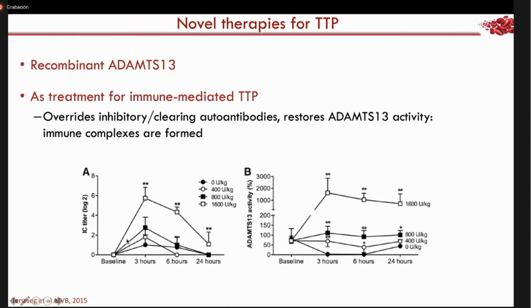You can see here the recombinant ADAMTS13 that is injected, the open square, that forms immune complexes. Here you see the immune complex titer. It forms indeed immune complexes with antibodies that were injected in the rat, as expected. But if you look at the right-hand graph, you see that with the high amounts of ADAMTS13 we inject, there is still enough ADAMTS13 present to have a high ADAMTS13 activity in these rats, and that explains why the rats do not develop TTP.